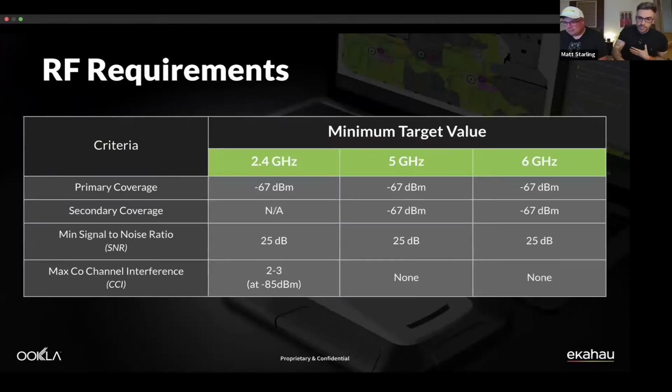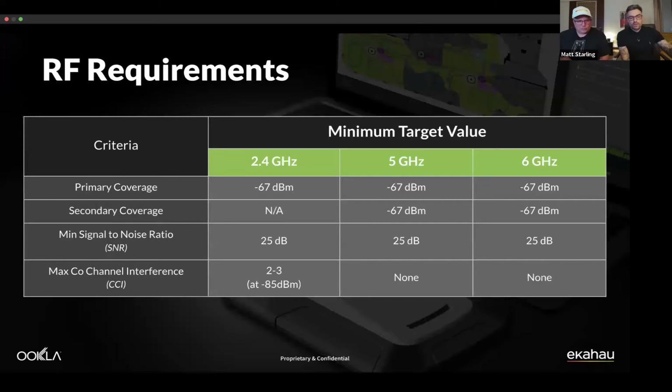And actually what I wanted to do today is go over these RF requirements because, depending on who you are or what vendor you're working with, you may have a different set of thresholds. But as a general rule of thumb, this is typically what a lot of people are designing towards to achieve this minimum threshold for these different criteria. So I wanted to explain a little bit why you see these criteria and these thresholds that we're typically going for. So we've got the 3 frequency bands, 2.4, 5, 6 gigahertz.